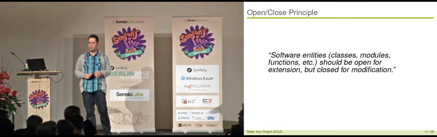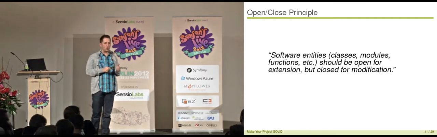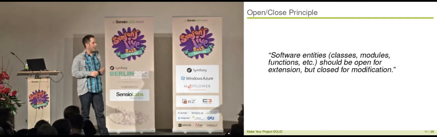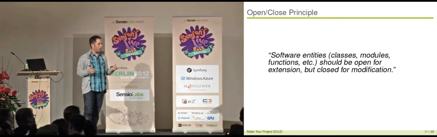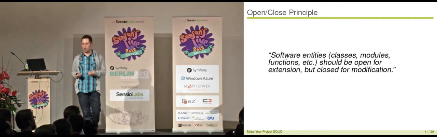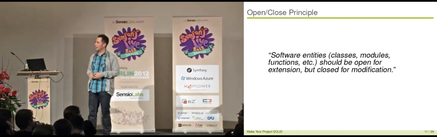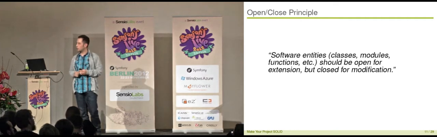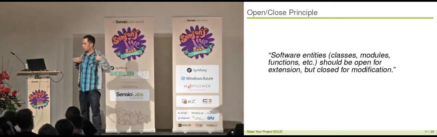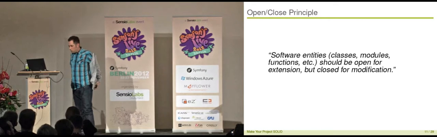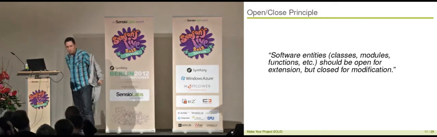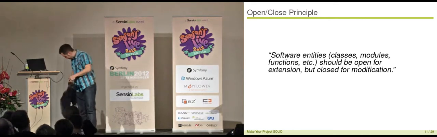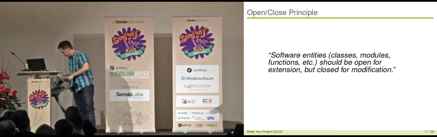The second principle of the SOLID principles is the so-called open-closed principle. The idea is, if you want to just put on a code, it's no need to have open chest surgery for that. Nobody wants that. So the real principle says software entities, classes, modules, functions should be open for extension but closed for modification.